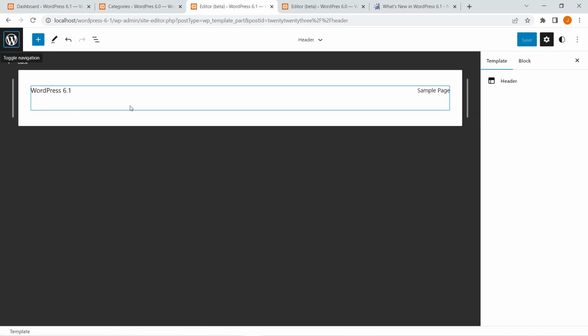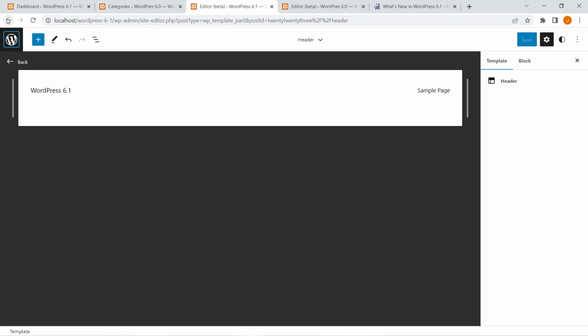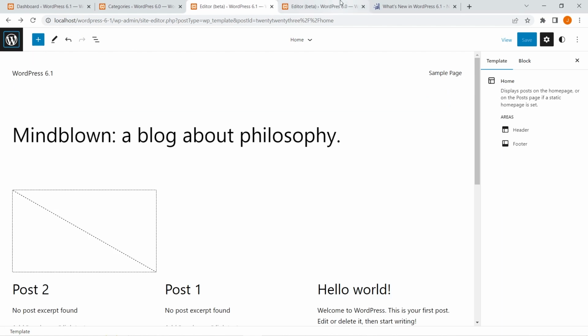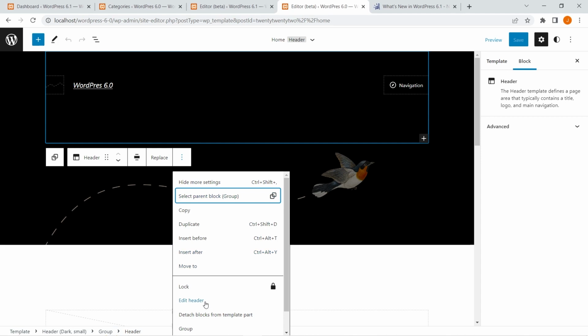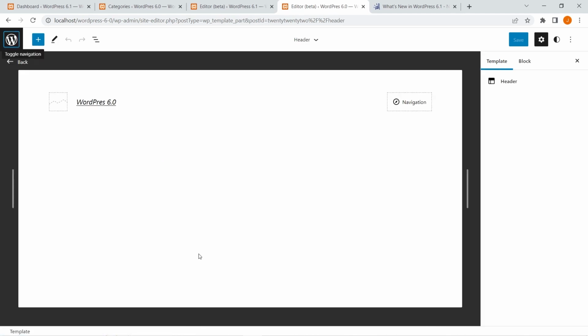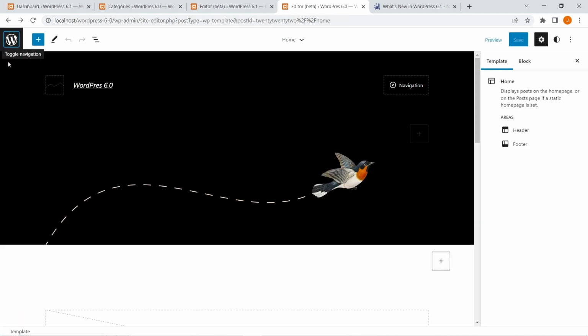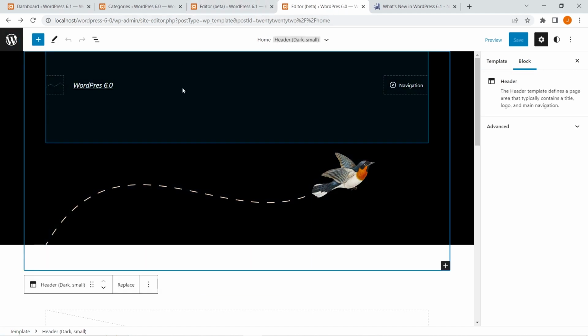Let's just click this option and it will take you to the template editor, right? And you can make changes and then move on from there, right? Now this option was in WordPress 6.0 as well, and this option was here. You can see edit a header, click and it will take you to the template editor, right? So this is another change that you will see, that the edit option has been moved to the toolbar,